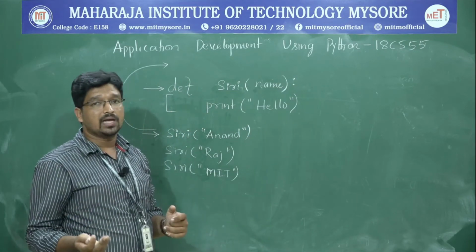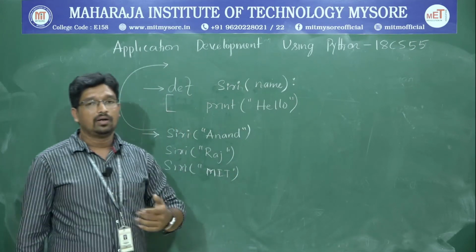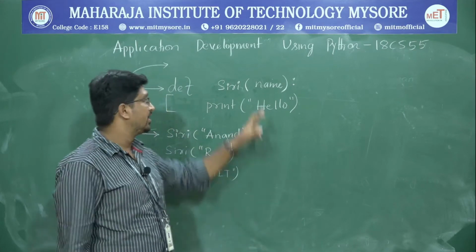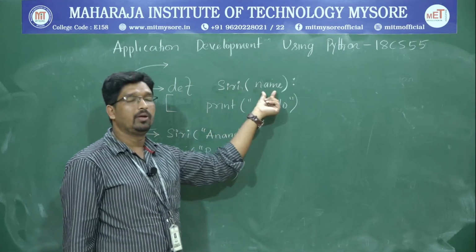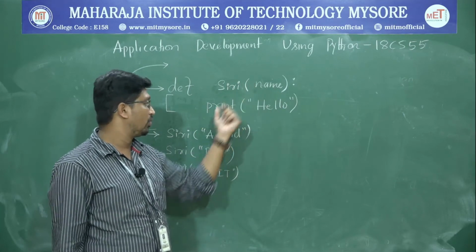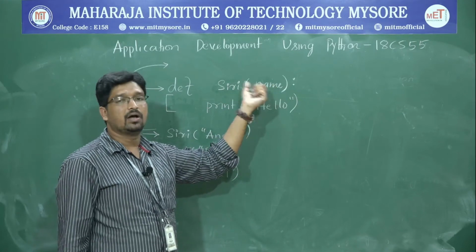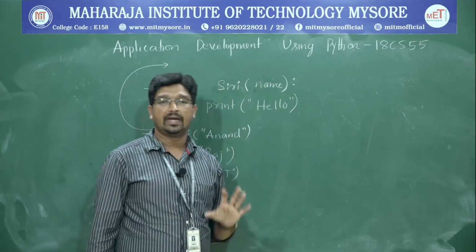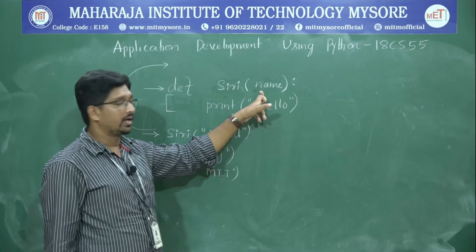So as you know the Python syntax, here I am not declaring or defining the data type of a variable called name. Here name is just a variable. So if you pass a string, it becomes string data type. If you pass a float, it becomes float. If you pass an integer or float, it becomes that particular type of data, correct? So now name is a variable, correct?